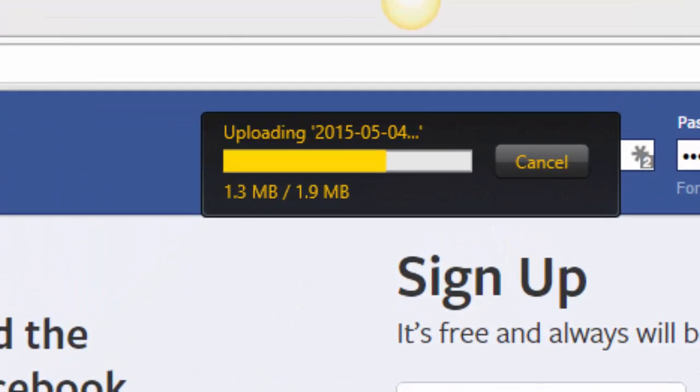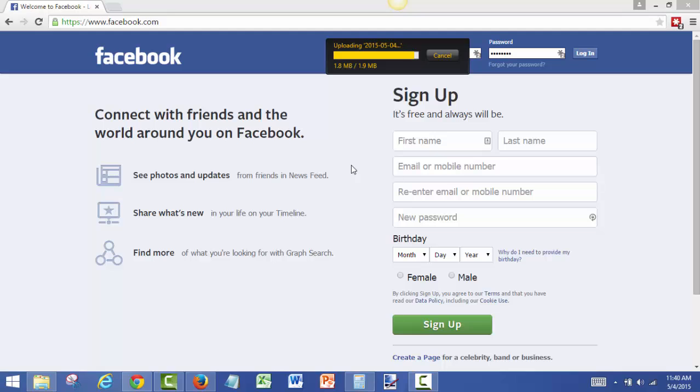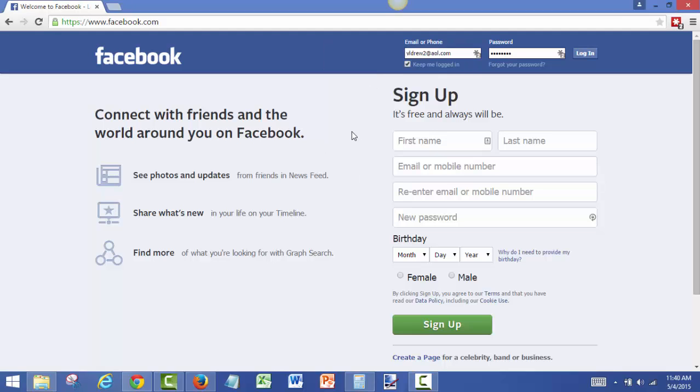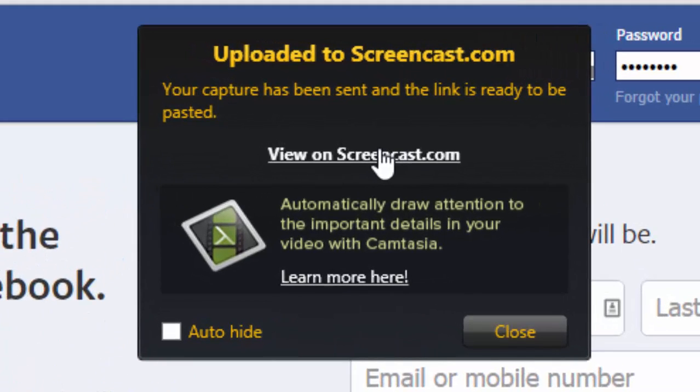And at this point right now, if you didn't have it connected with your screencast.com account, it would ask you for the login information for Screencast. And so these files are fairly large, 1.9 megabytes. It was only about a minute long. So anyway, now it's done, and now you click on view on screencast.com,